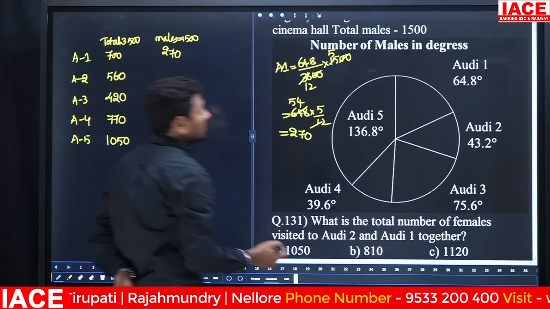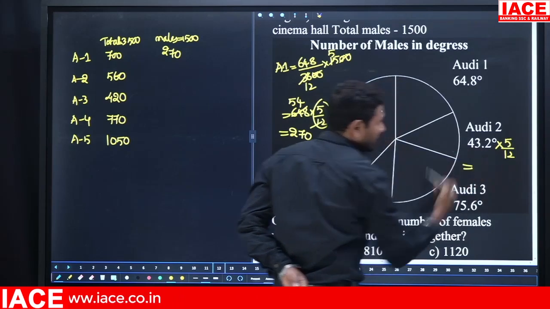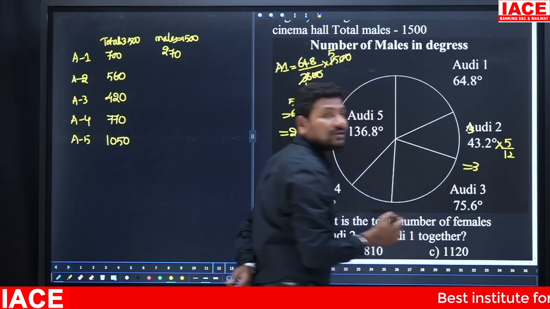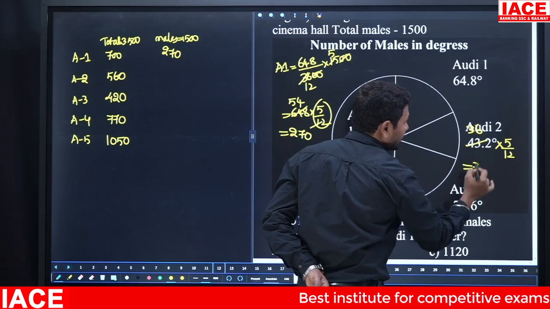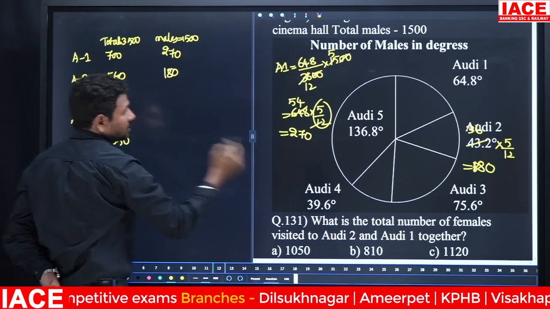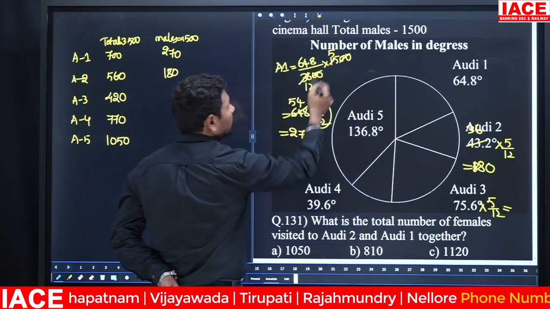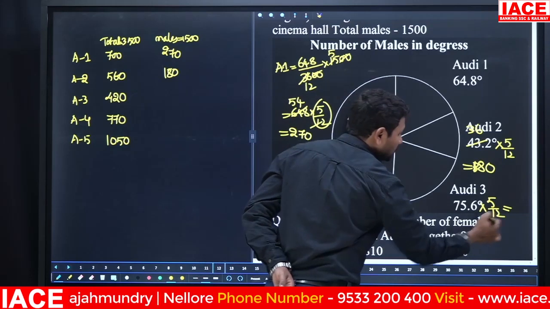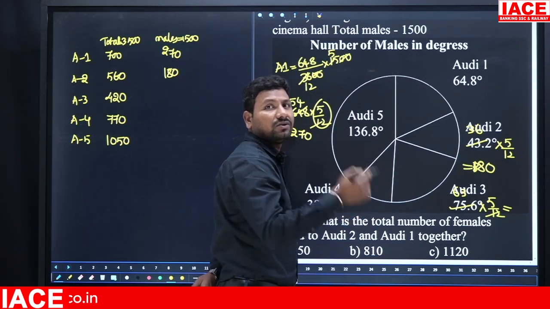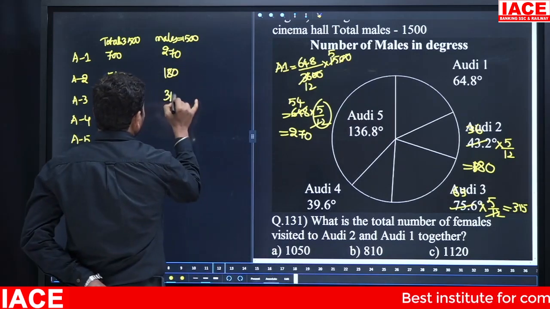Next, for RD2, what can we do? Simply remember the 5 by 12 multiplication. Here is 5 by 12 and ignore the decimal. 12 3s is 36, remaining value is 72, 12 6s. 36 5s is equal to 180. RD2 is equal to 180. Next RD3 is 75.6 degrees, here multiply with 5 by 12. Already we know how to get the 5 by 12 based on 1500 by 3600. Then 12 6s is 72, 12 3s is 36, 63 5s: 60 into 5 is 300, 3 5s is 15, so the value is 315.